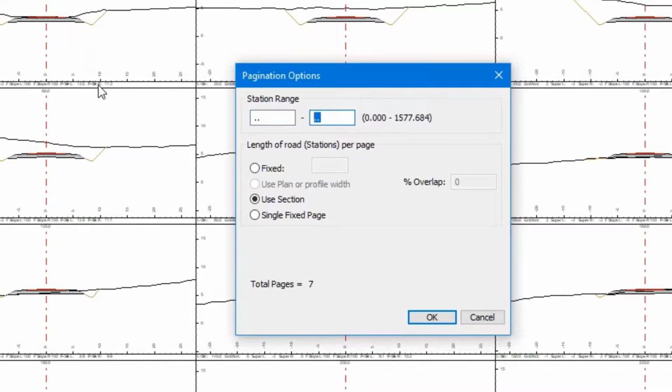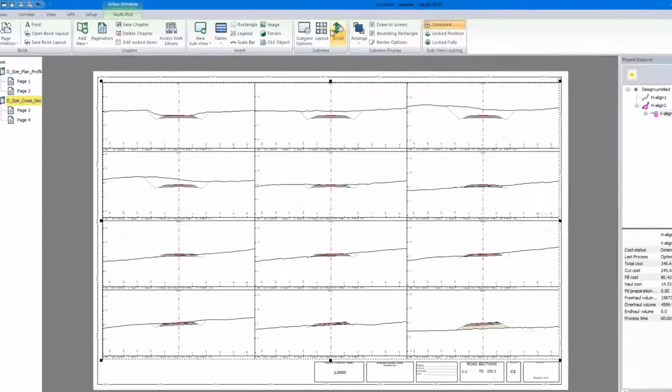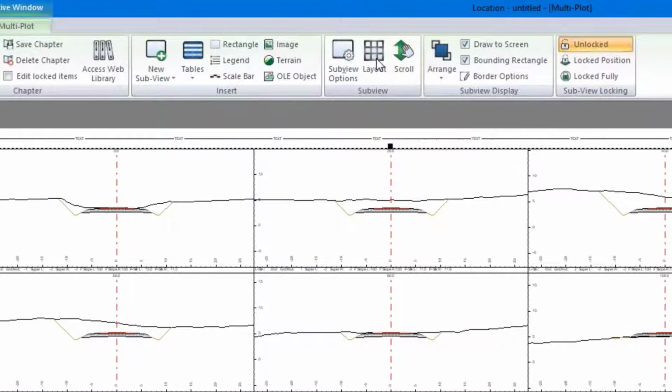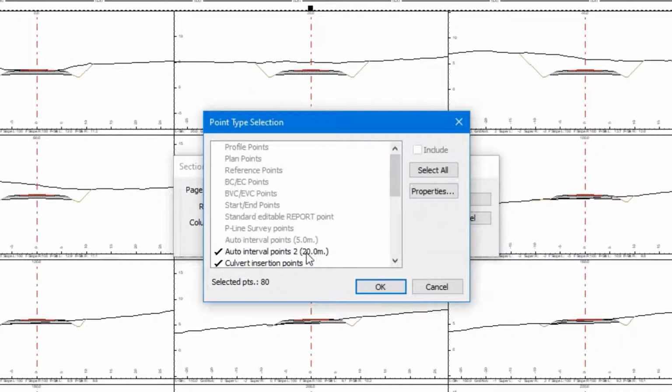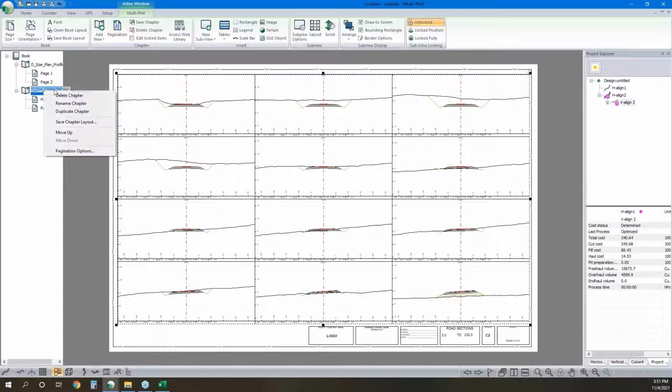So if I want that 0 to 400, we can do that. I'll set my point types to have just one auto interval point, and then for the, let's say 400 to 600, I'll create a new chapter,